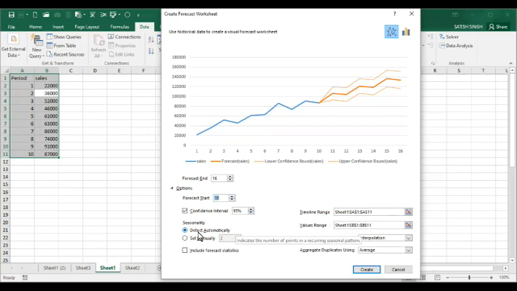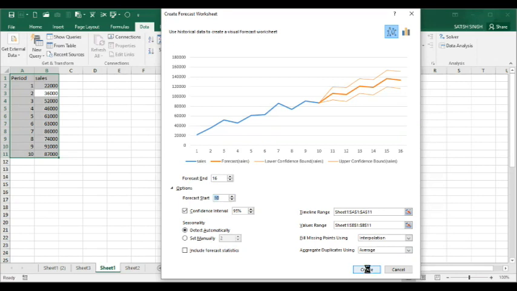At the same time, if seasonality is there, it will be detected automatically. There are also the timeline range, the value range where you want to show, and missing points. This is a very important thing that I will show you once we do it, and aggregate duplicates using average.